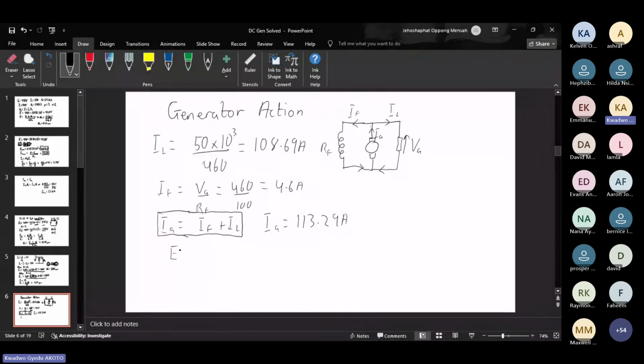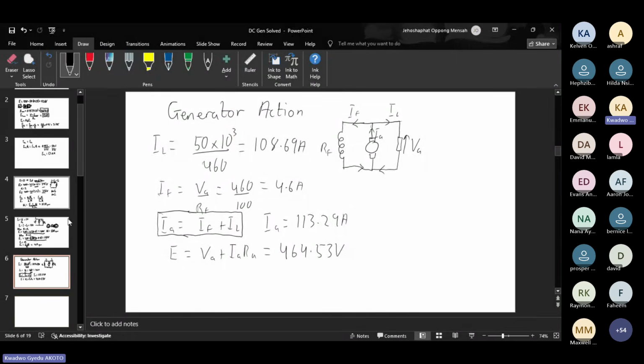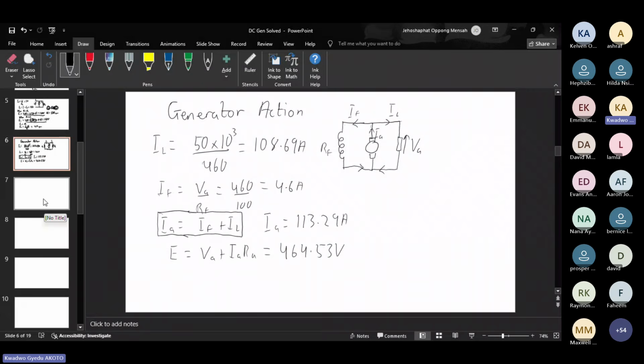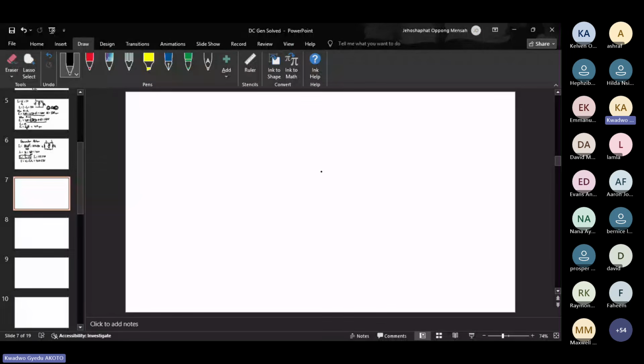So our EMF here is going to be VA plus IA RA. Our RA has also been given in the question, so we just have our E being 464.53 volts. Okay, so I'm going to move to a new slide for the motor action so that we can have enough space. Okay, so for motor action,